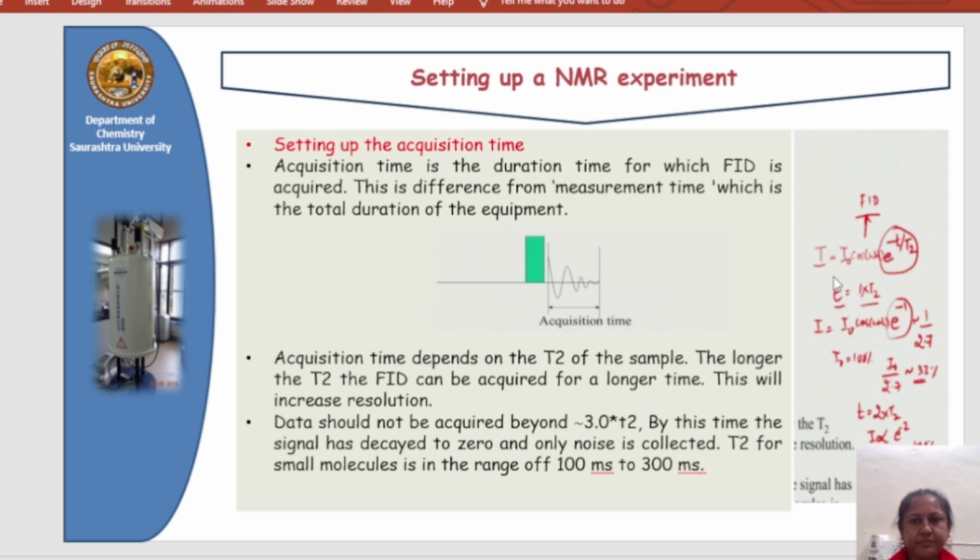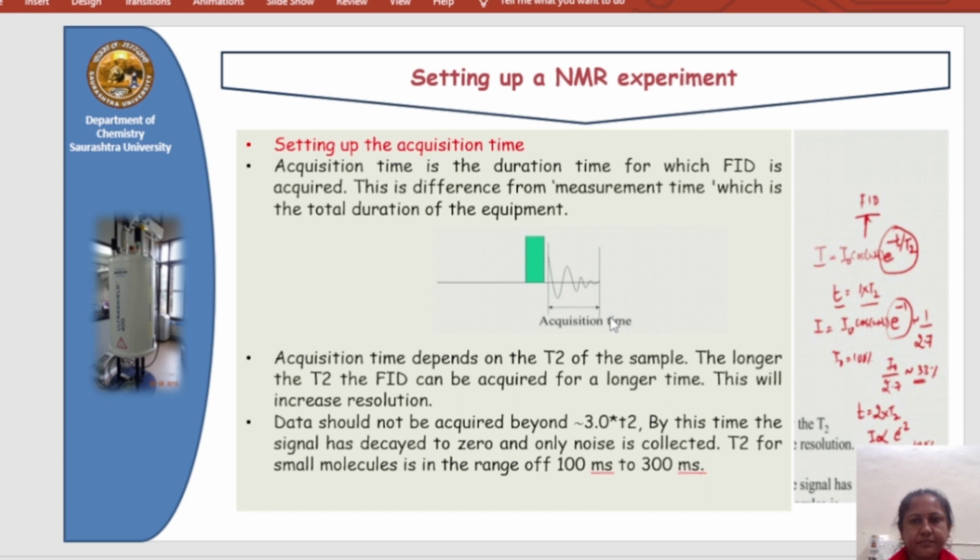So if we put the value of this T2, it is 0 to T2. If we put 0, then this value is 1. This value is minus 1. So I is equal to I0 cos omega T1. If the value is I0, and the value is T2, then it is minus 1. So I0 cos omega T2 exponential is minus 1, so it is minus 36. Minus 36, where omega T2 means 36% amplitude will be reduced.